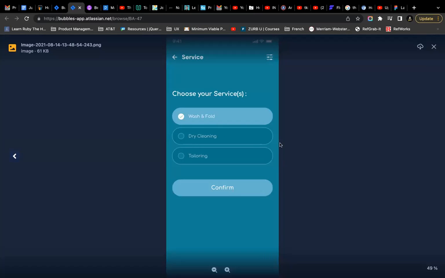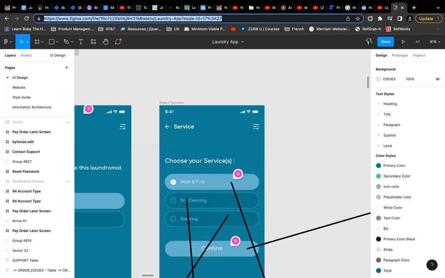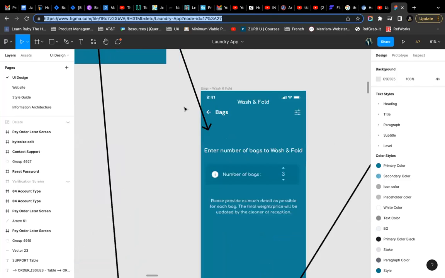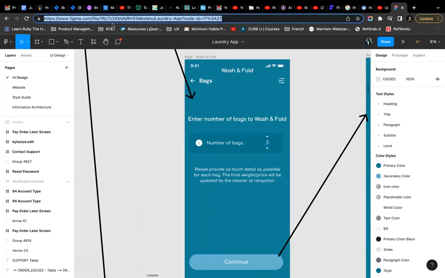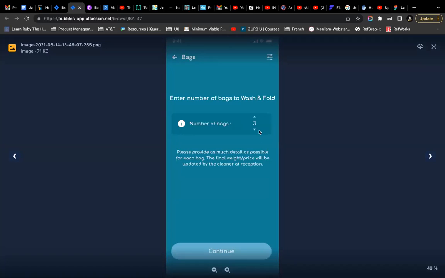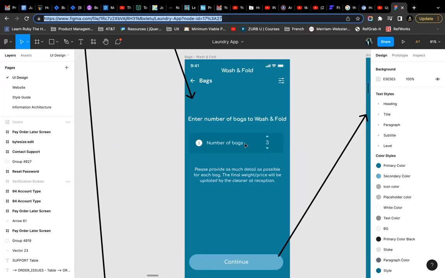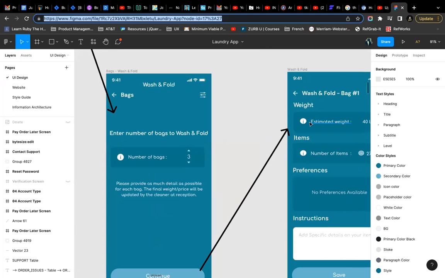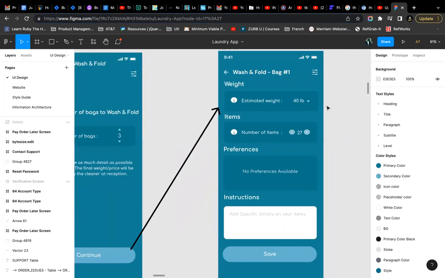And when you go, you see this screen is there, and I'm saying that when you click on wash and fold, bring me here. So when you look at the backlog, when you click on it, it brings them here. So all that is just developers can see this, and then when I say when you hit continue, bring me to this screen where it shows them the how do you call it?